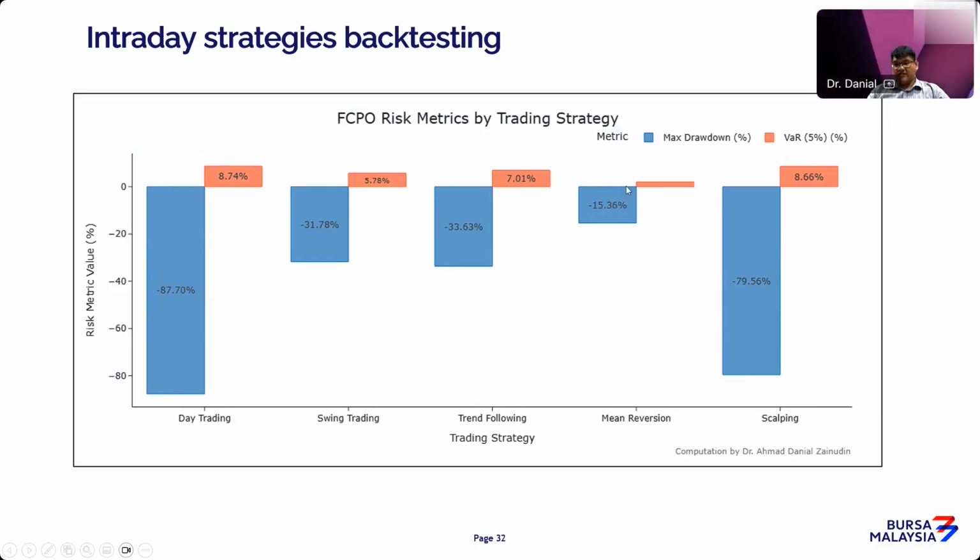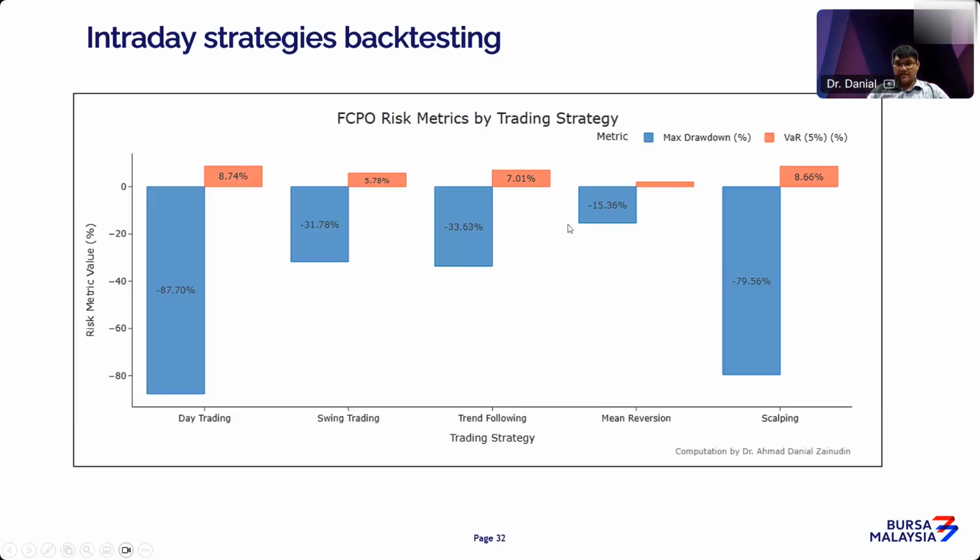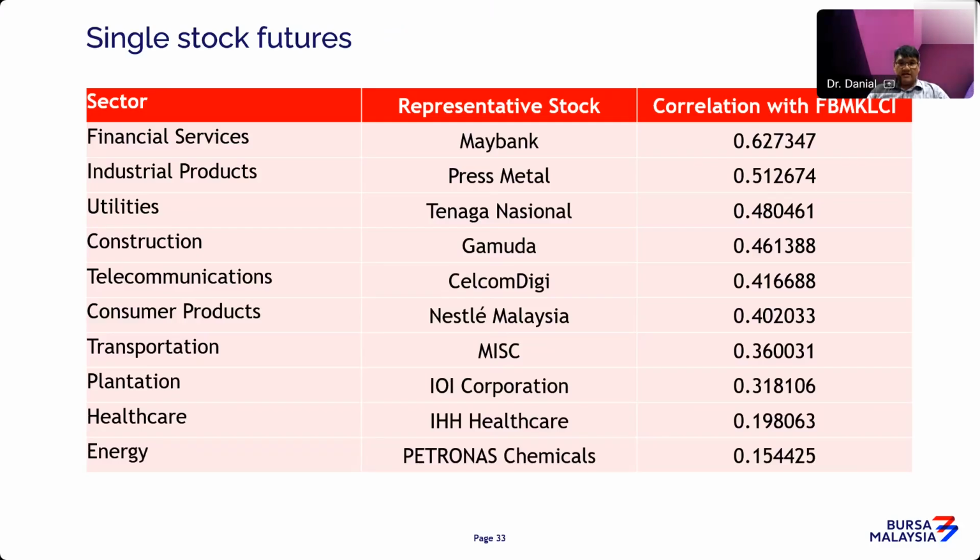However, mean reversion will give us, say, the swing trading method just now, a VaR of, this is quite small for us to put a value on, probably less than 5%. Other than that, there are not so many significant or noticeable metrics. All right, let's move on.